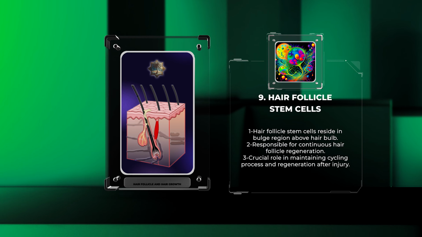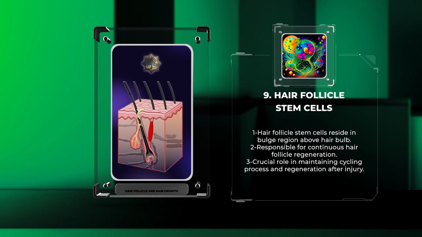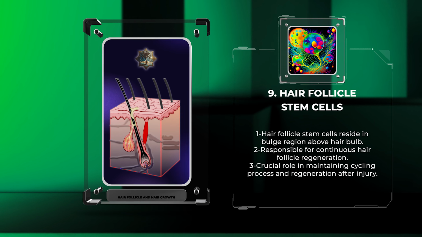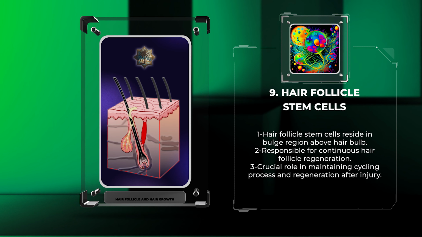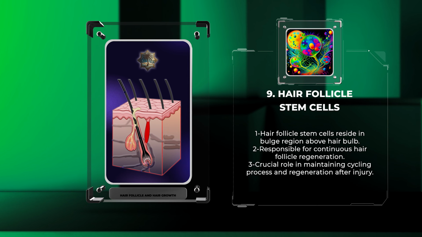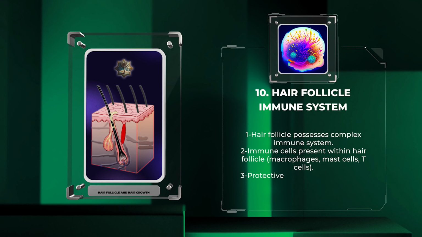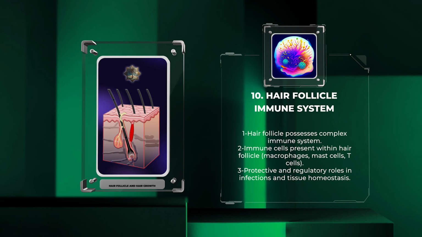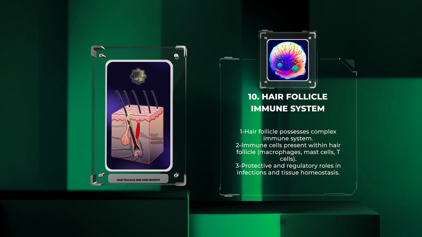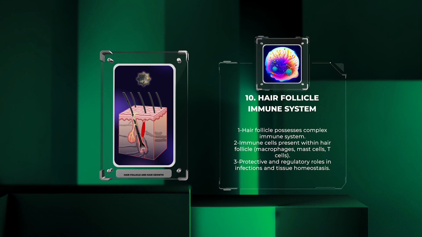These stem cells are responsible for continuous hair follicle regeneration throughout life. They play a crucial role in maintaining the cycling process and regeneration of the hair follicle after injury. The hair follicle possesses a complex immune system that protects it from infections and maintains tissue homeostasis. Immune cells such as macrophages, mast cells, and T cells are present within the hair follicle and play both protective